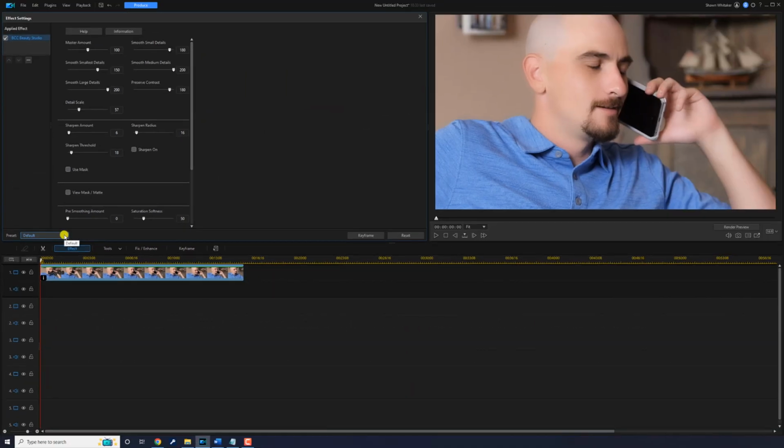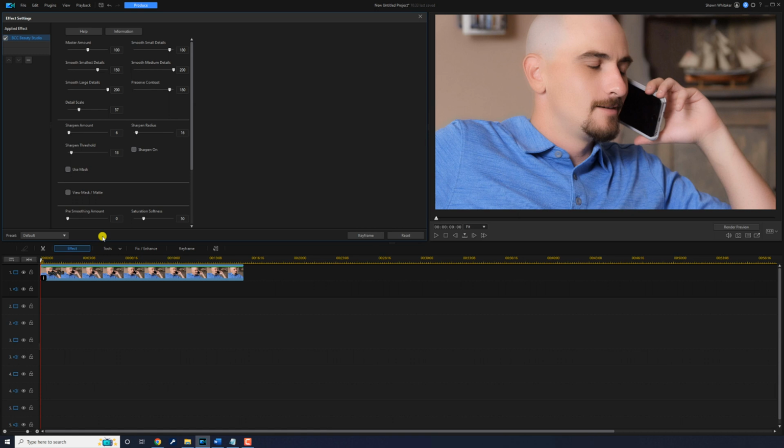If you look down here at the bottom, you'll see that it's on the default preset. If you left click this caret, you can select Slight Smoothing. You can select Moderate Smoothing. And you can also select Strong Smoothing. Now we're going to stick with the default smoothing right now. If you want to roll with the presets, that's fine and dandy if you like how they look,